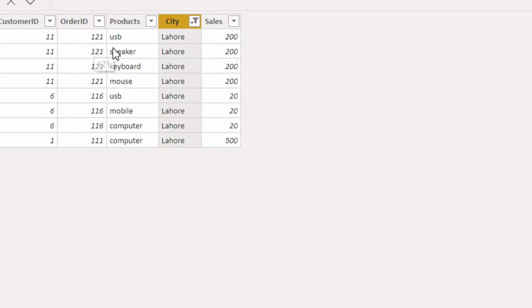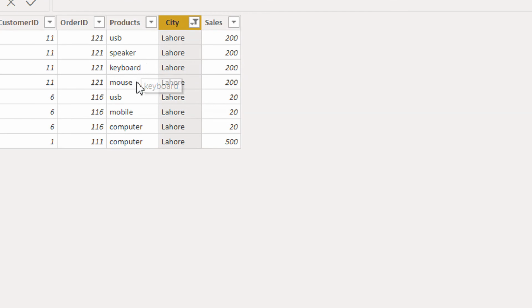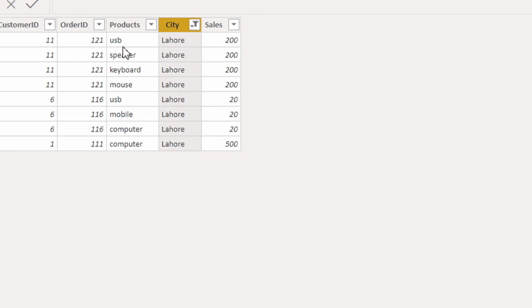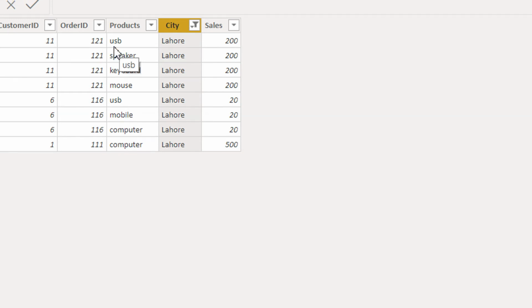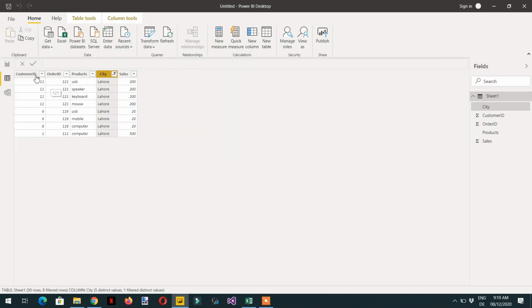So here you can see we are getting USB, speaker, keyboard, computer. These are 2 times, right? And again USB is also 2 times. So how will we fix this issue, and we will see this issue for the other cities as well.